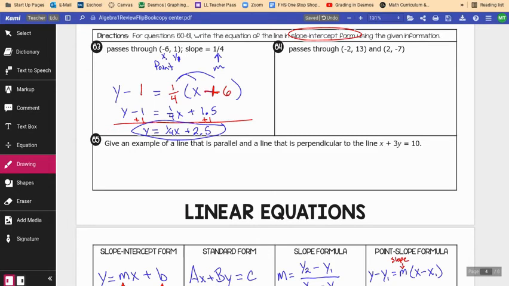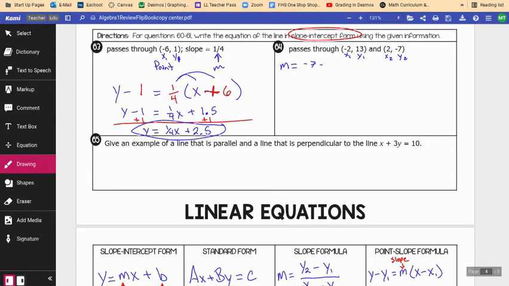Okay, that's given a point and a slope. Now in 64, we're given 2 points. Okay, so 2 points. So the first thing I need to do is find the slope. So I label my points. And then I use the slope